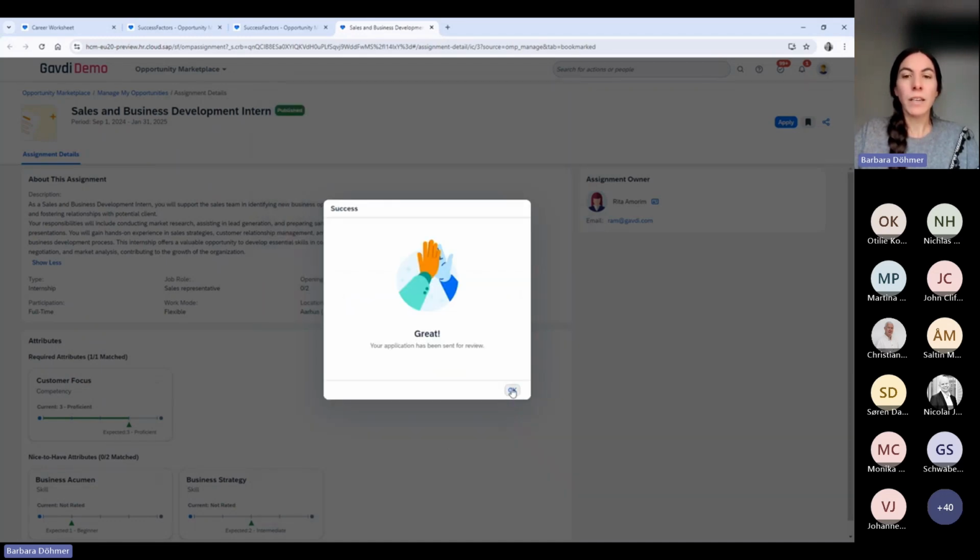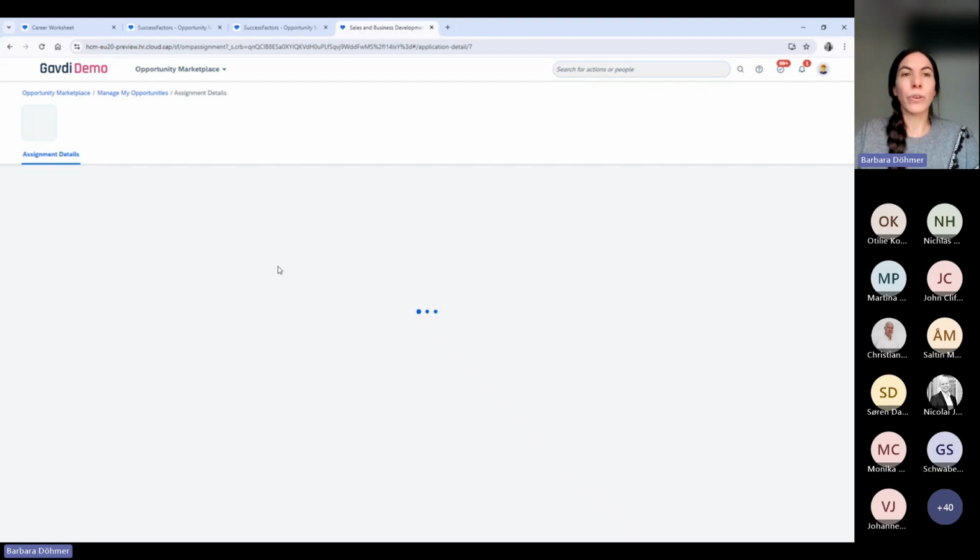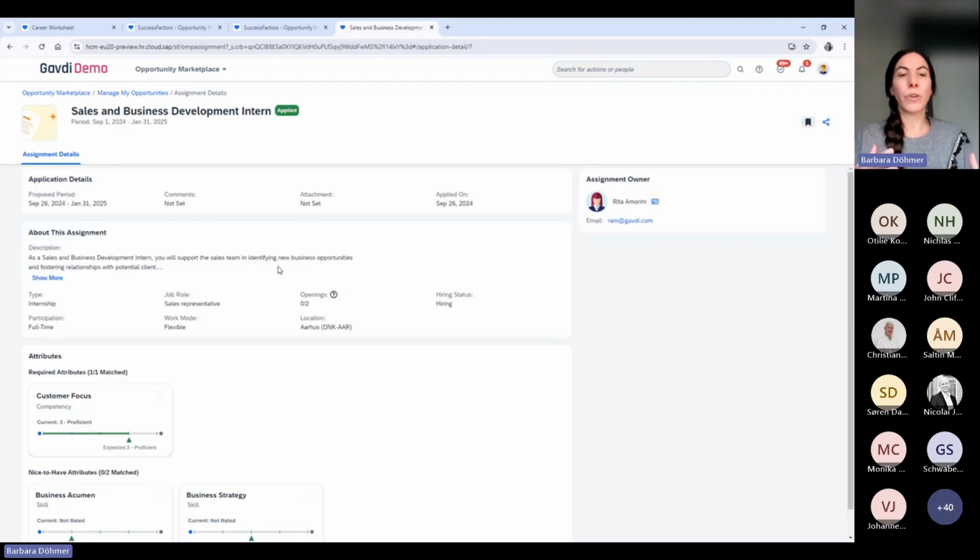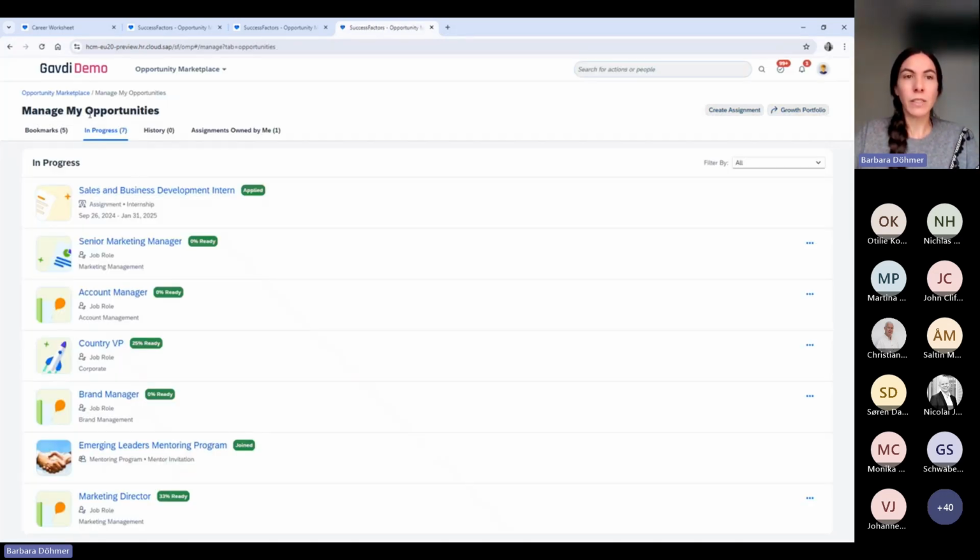Once you apply, you can keep track of your current opportunities and see whether you have been considered for the application or not. From manage my opportunities, the ones that you have in progress, you can have an idea of where you are with your opportunities.